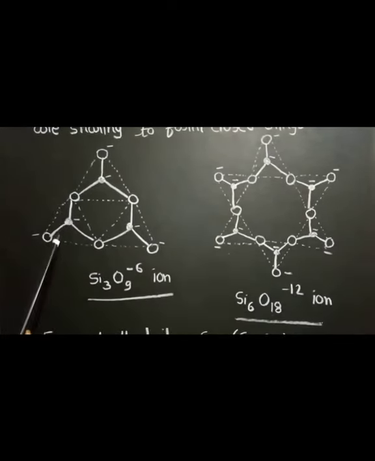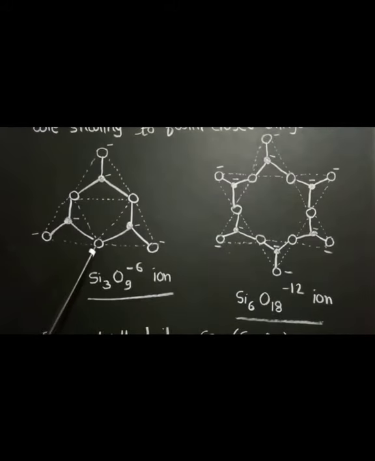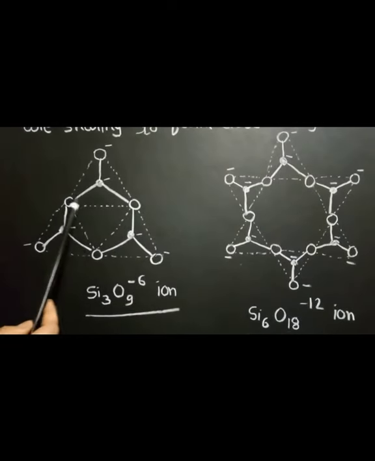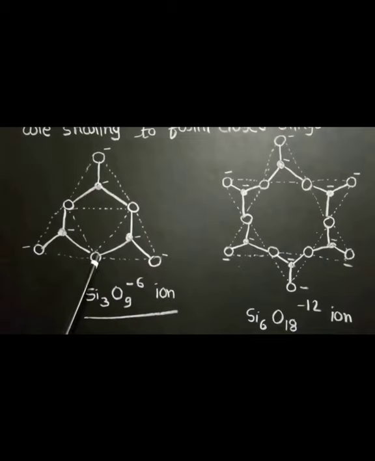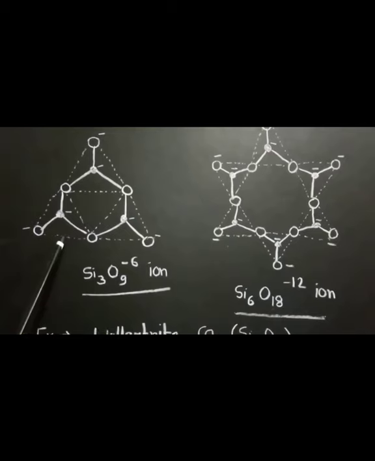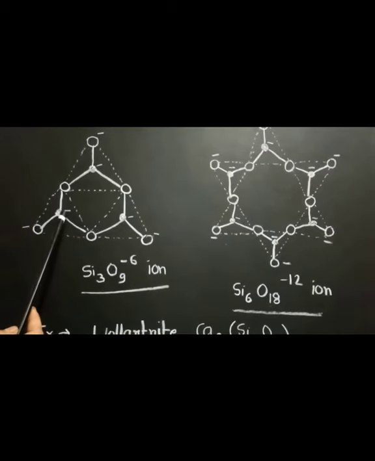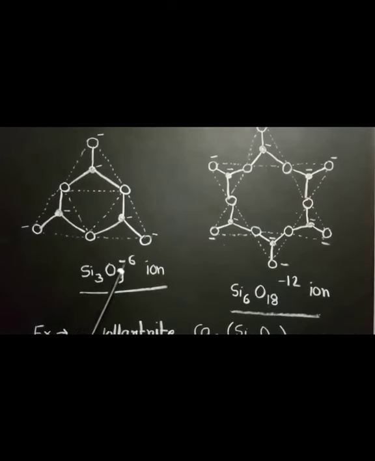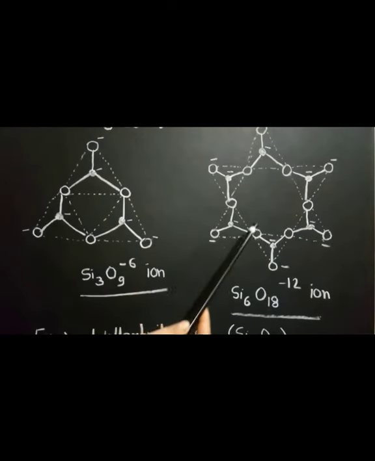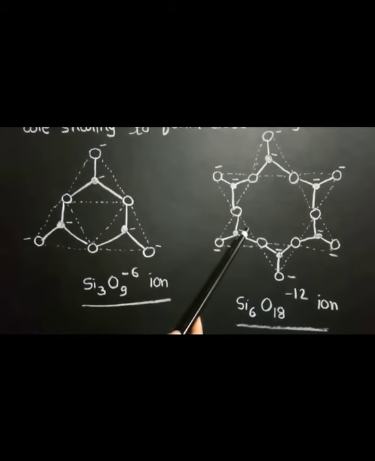See the picture, you can easily see. Here is one tetrahedral unit. This side is another tetrahedral unit, and the top is one more tetrahedral unit. So if we connect each 3 tetrahedral units, we get a closed structure. So 3 tetrahedral units form a triangle shape, and if 6 tetrahedral units are joined, we get one more structure, that is a cyclic structure. See, on the left side it shows 1, 2, 3 tetrahedral units, so it also forms a cyclic. Here it forms 6 tetrahedral units, top 3 and bottom 3, collectively.